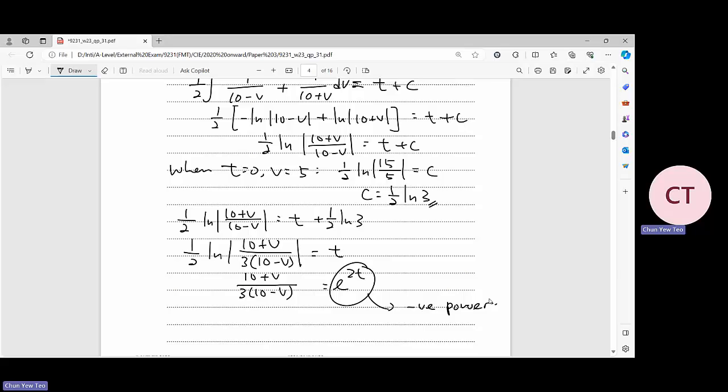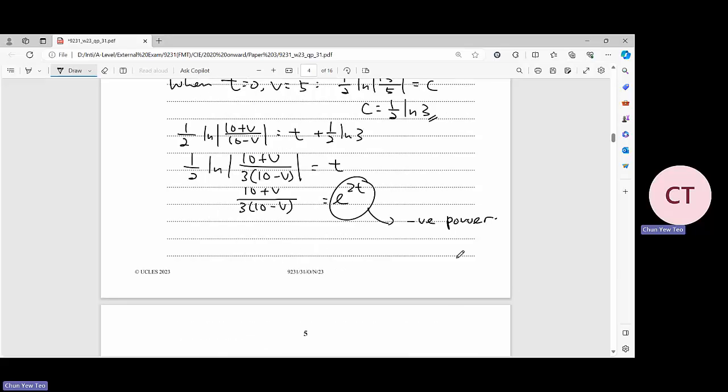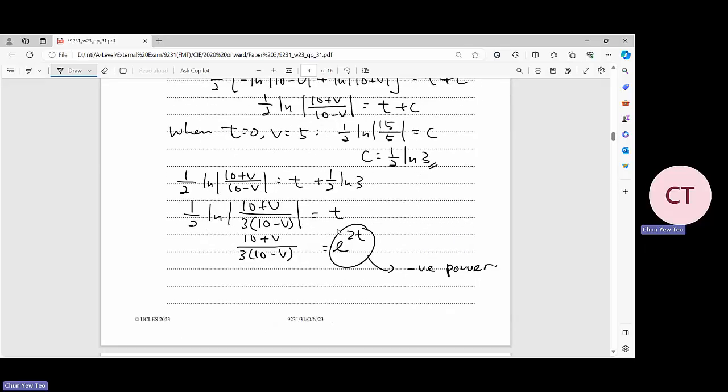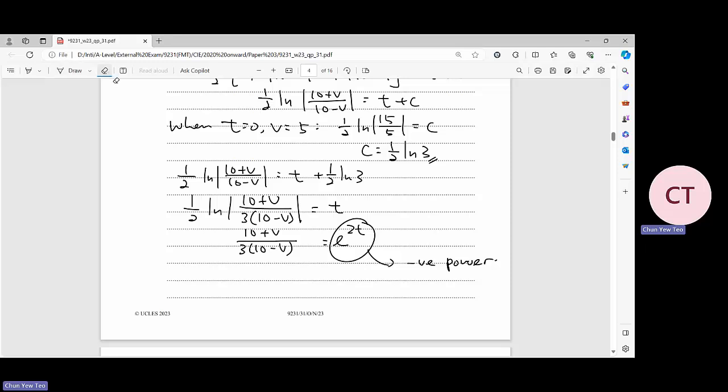Usually we want the negative power because for these questions, usually they will ask you to find something when the value of t is very large. So over here, we change the power to become negative, then you get the reciprocal, and you will get power negative 2t. Then now you have 30 minus 3v equal to 10e power negative 2t